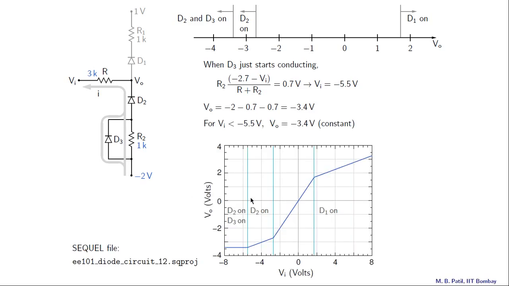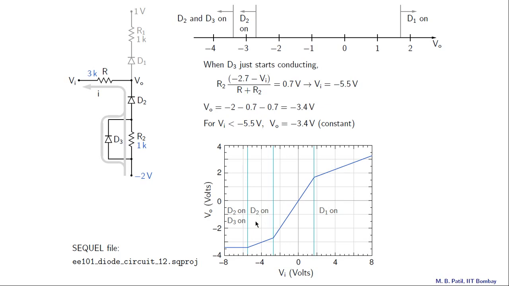Here is the complete picture. In this region, that is VI greater than 1.7 volts, D1 is on. In this region, that is VI between minus 2.7 and 1.7 volts, no diode is conducting, and we have VO equal to VI. In this region, that is between minus 5.5 volts and minus 2.7 volts, D2 is on, D3